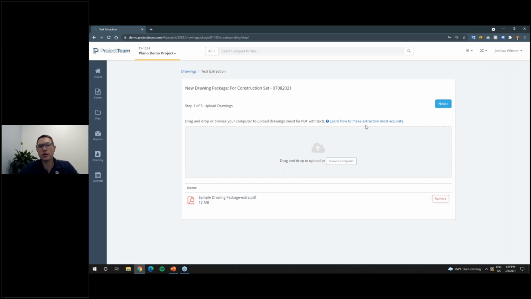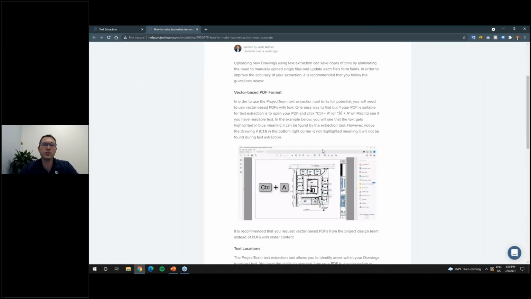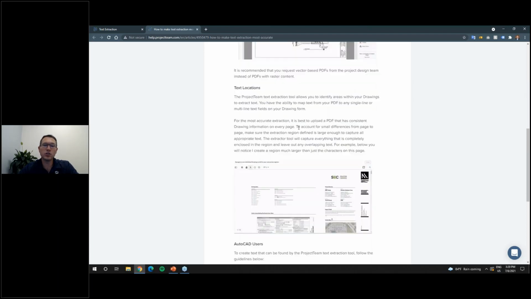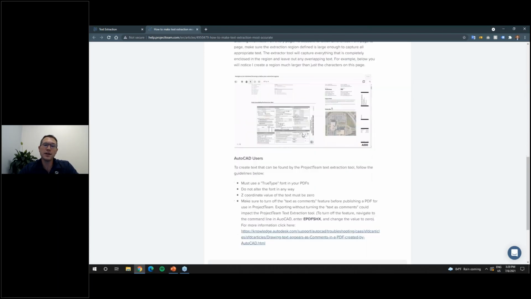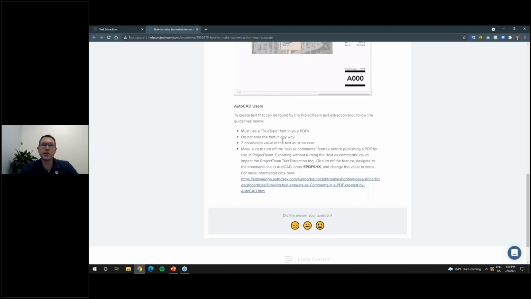One thing that I want to point out is our help files. This is going to help you, before I really get too far into the text extraction, with how to make this most accurate. It goes through making sure that you have a good vector-based PDF, something that the system can read the text from, and how to figure that out. Text locations, how to set those things up. And then there's specifics for people that are coming from AutoCAD or generating their PDF from something like AutoCAD, and the things to watch out for there,